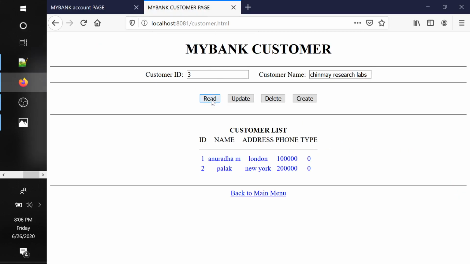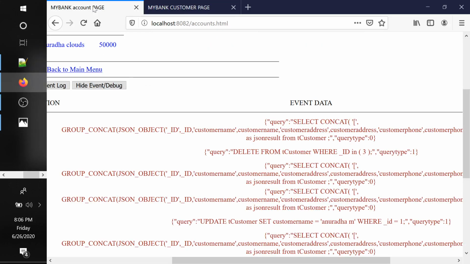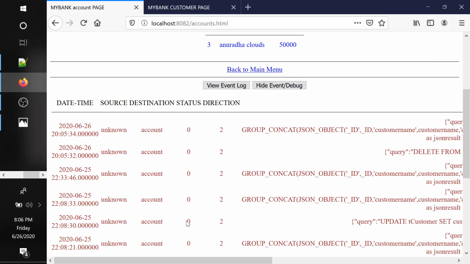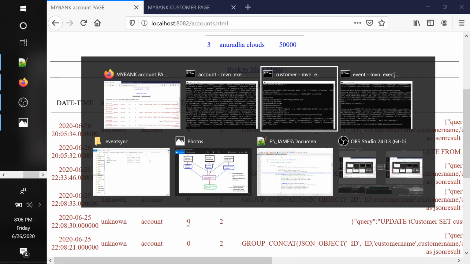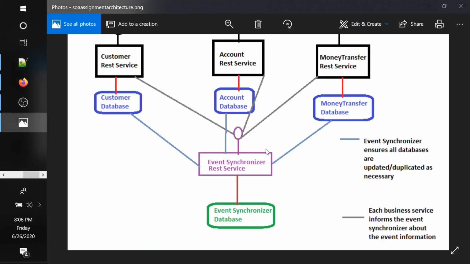So when I read it, a select query was fired, which when we look at the accounts page, both the events were captured. So this is how your event synchronizer is managing all the microservices.